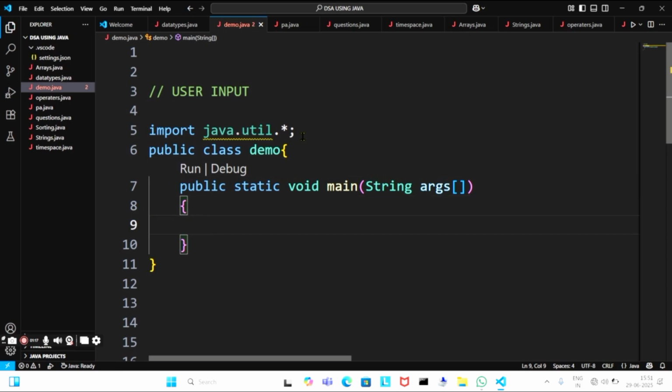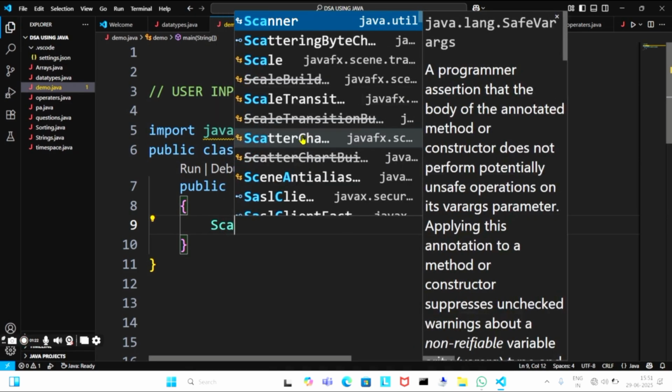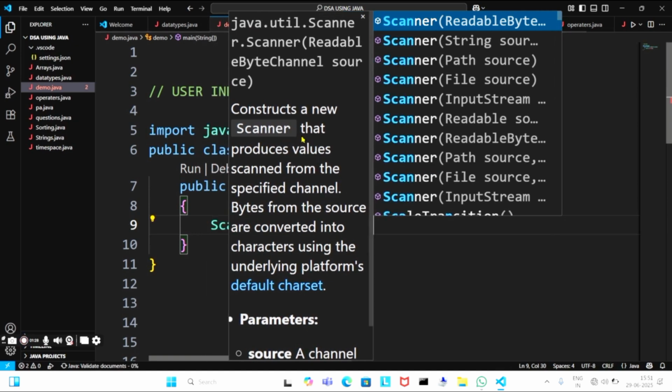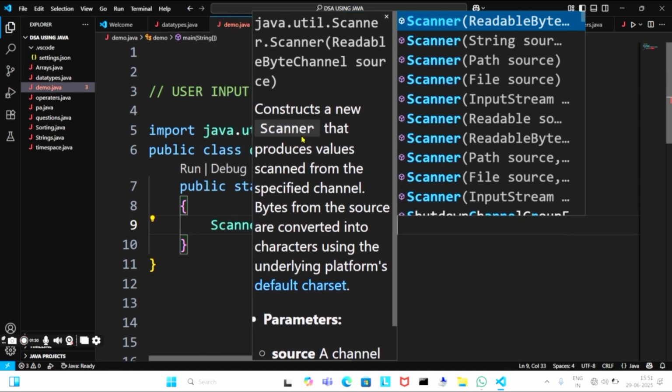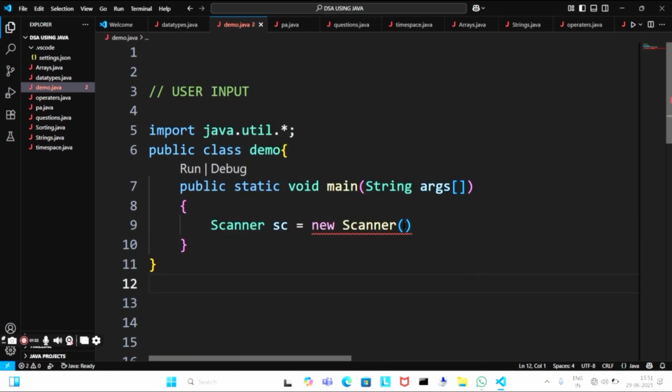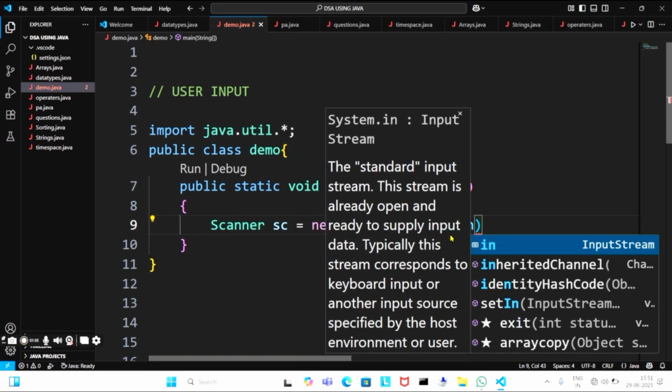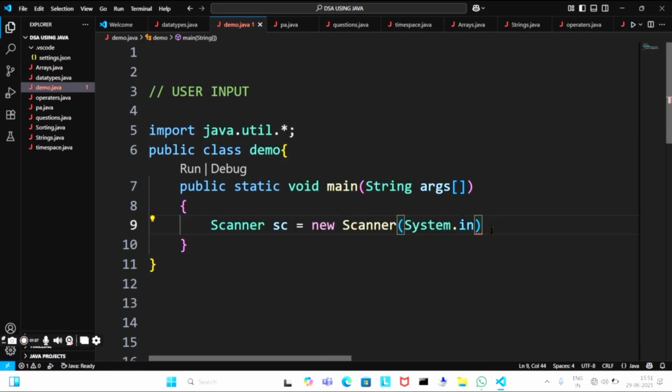And then here you need to write a Scanner class. You need to create an object of the Scanner class: Scanner sc equals new Scanner(System.in). Then first of all you need to get an input from a user,